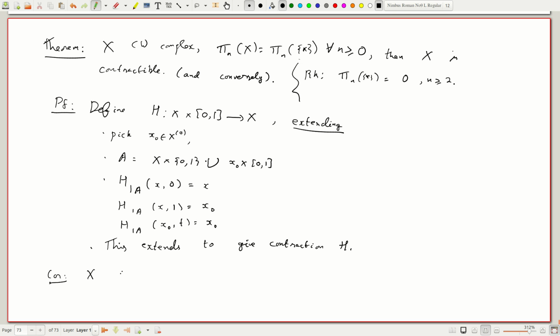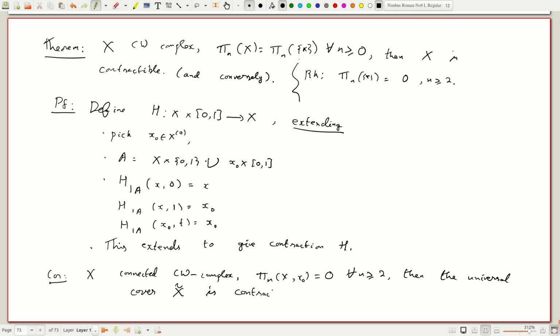So if I take X as a connected CW complex, and pi n of X is 0 for all n greater than or equal to 2, then the universal cover X tilde is contractible. And conversely,